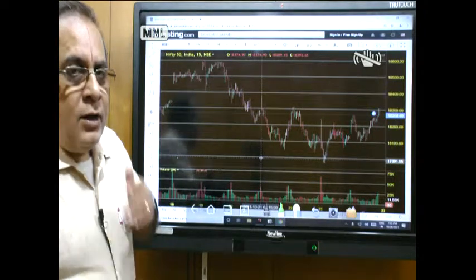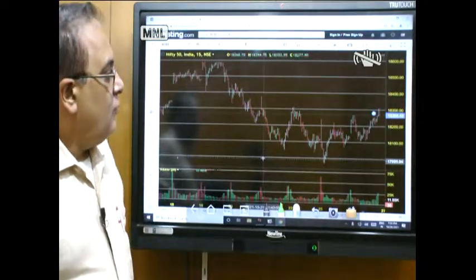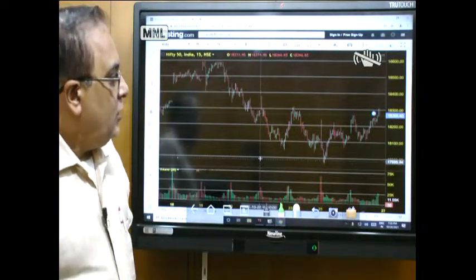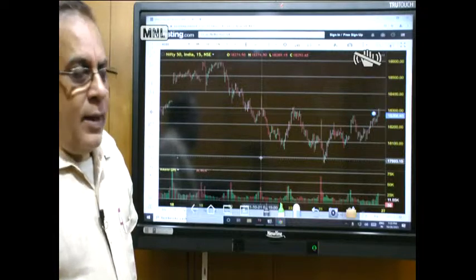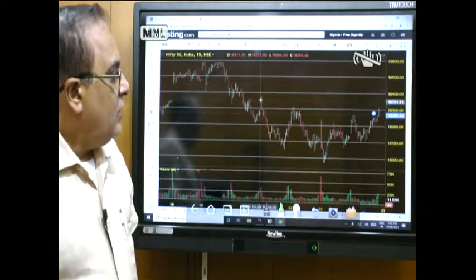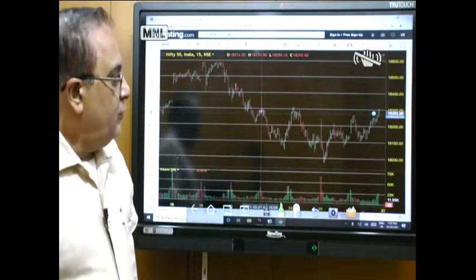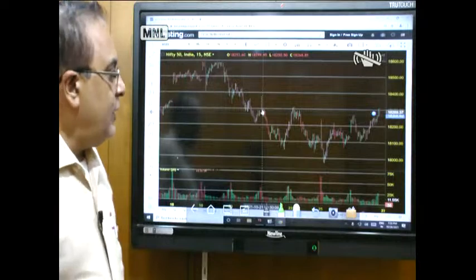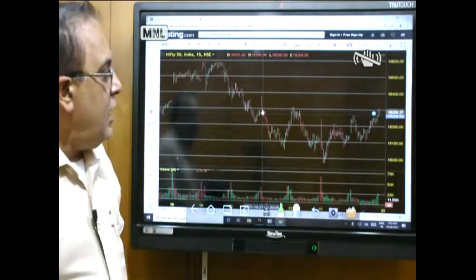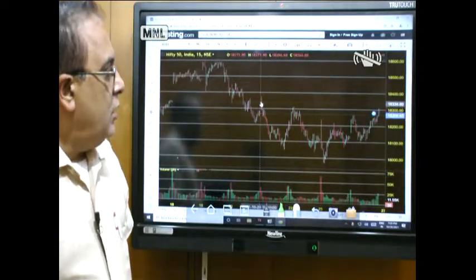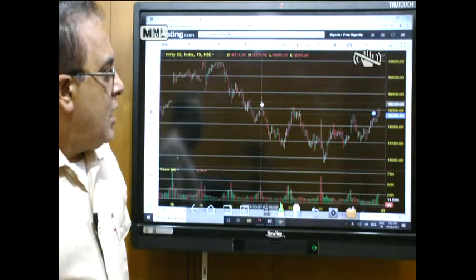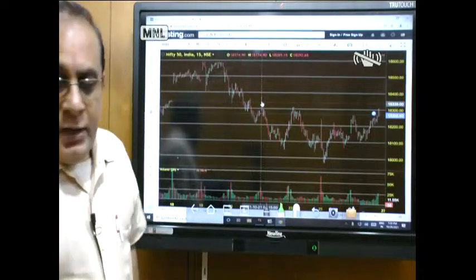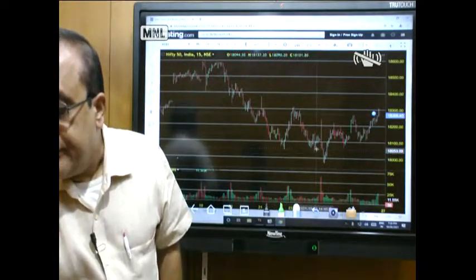Some traders will use 1 hour. Some traders may wait for the first 15 minutes. So this is the first 15 minutes candle. And once the open is equal to high is made, then either on a pullback you can go short, keeping this high as a stop loss, or if it breaks below this, you can go short, keeping that day's high as a stop loss. So this is the day when we had the open is equal to high, and the early part of revival did not succeed.